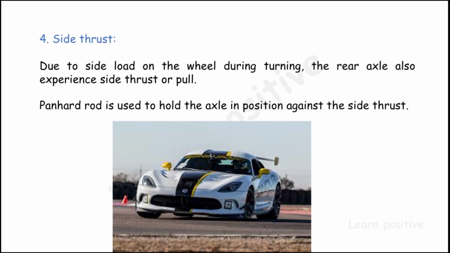So in this, the car is turning suddenly in a curved path. So one side of the wheel gets full side thrust or a pull inside the car, on one side of the car. Due to this side thrust, the car is going to be pulled to one side, or it gives more stress to one side of the wheel. So this is said to be the side thrust.